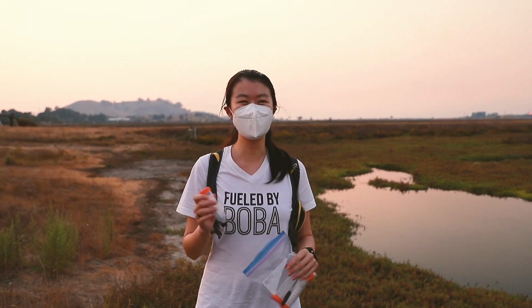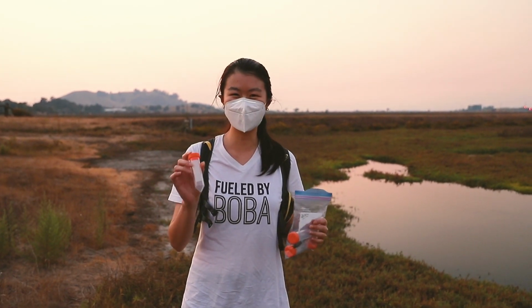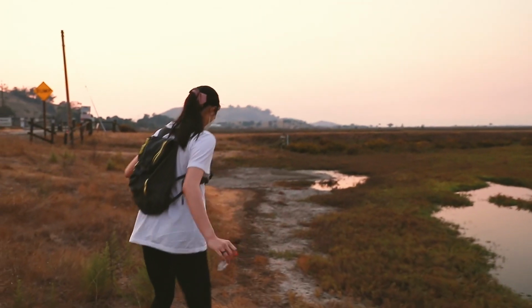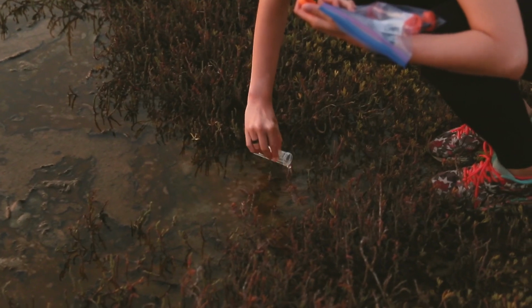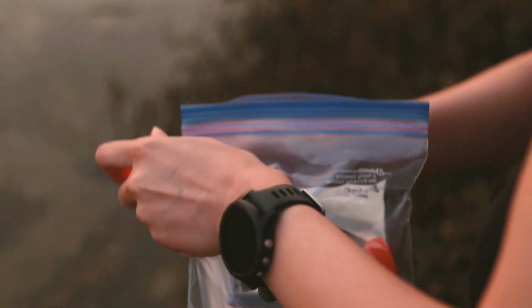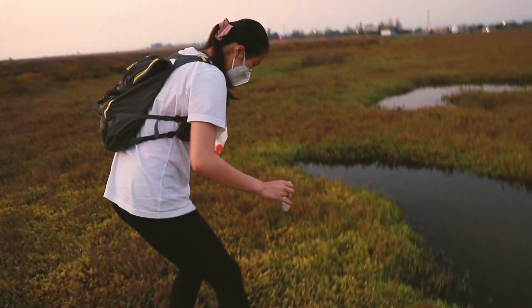Okay, so this is the Don Edwards Wildlife Preserve, and we're gonna collect some water from this random swamp. I think it should be a saltwater swamp, but we'll find out. Oh, look at this water! Like really gross looking colorful water. Actually, I think this water is too clean. And let's hope that I don't sink in. But actually, I think if I just take water from here,